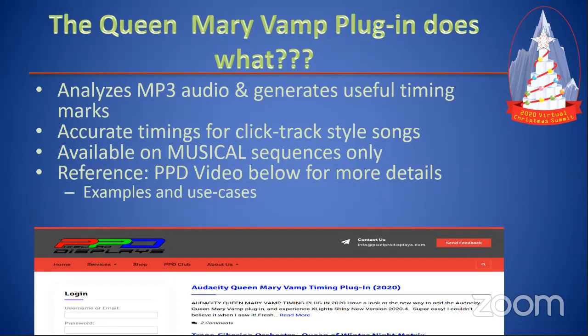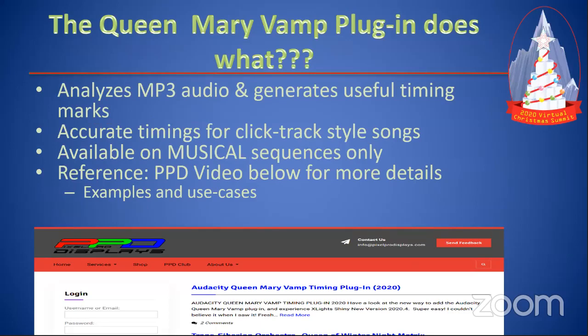Well, because once we know how to set up our xLights directory from a new person's point of view, then the next thing we need to do is make sure that we have all of the functionalities available in xLights to help us generate our sequences. Before we start sequencing, adding the Queen Mary Vamp plugin is an important thing. So what we have here is a program that basically will analyze the MP3 audio and generate useful